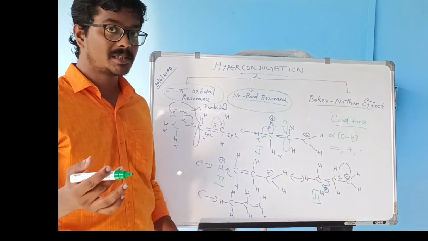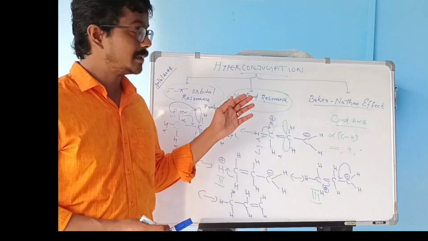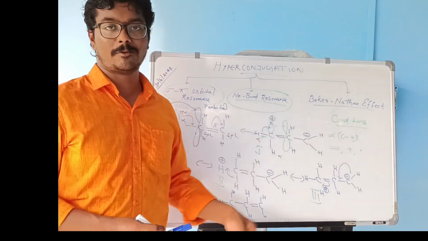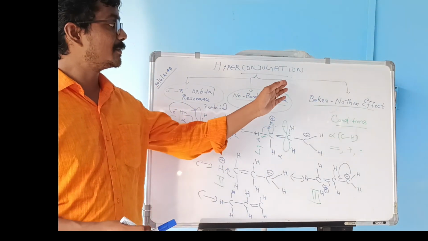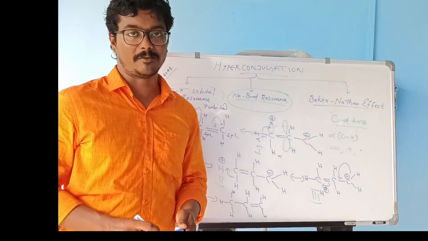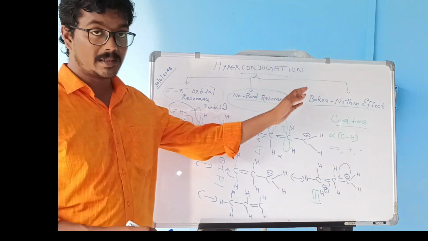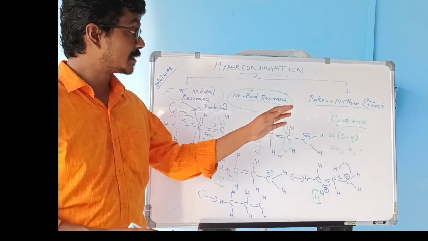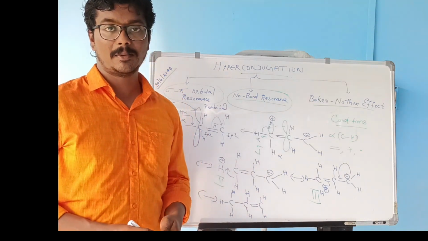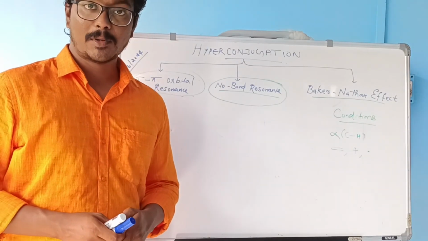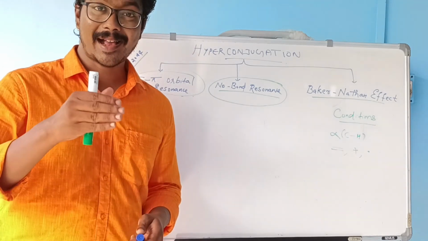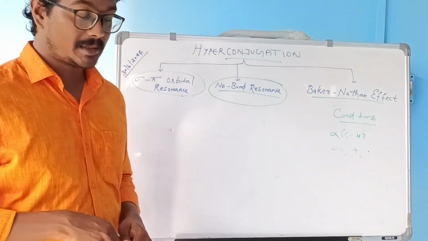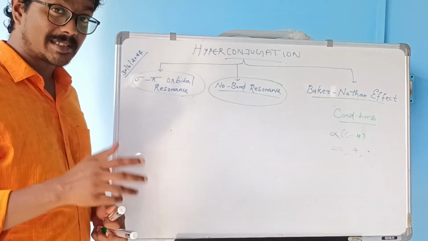Okay. So in MCQ question, maybe they will ask to find the example of Baker-Nathan effect. Same. Hyperconjugation is also called Baker-Nathan effect. So let me repeat. Hyperconjugation is also known as sigma pi orbital resonance, no bond resonance, Baker-Nathan effect. Okay. We have already discussed about alkene, the hyperconjugation in alkene. Okay. So we have discussed about propane in the case. Now we will move on to the second case,